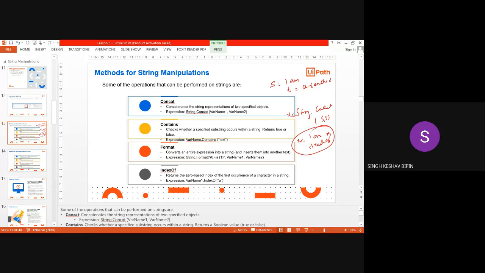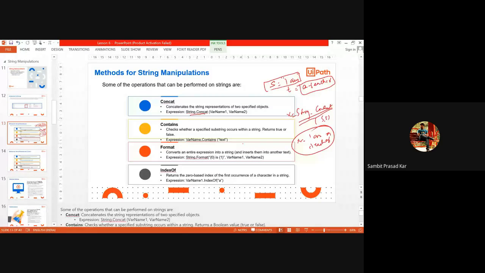Right? So what did you write before string.concat? I give two strings. Suppose s is one string, s equal to "I am". T equal to "a teacher". So I want to add these to make a complete sentence: I am a teacher. Understand? This is the command string.concat. I'm just writing this, my handwriting is like that only.